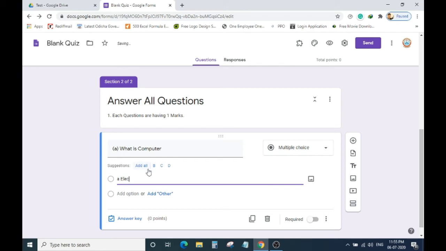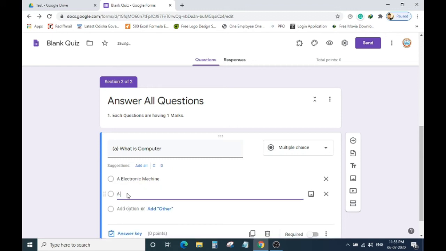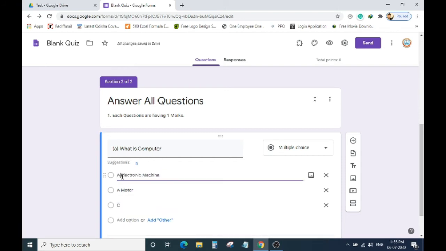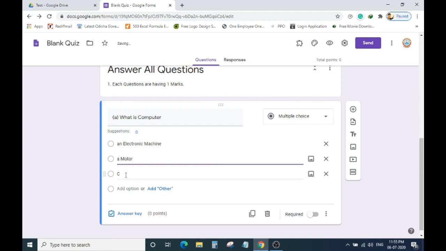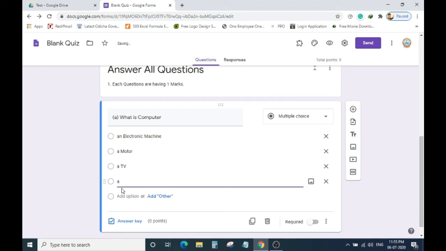a, electronic machine, a motor, related to an a, okay, then TV, then a dot, like this.